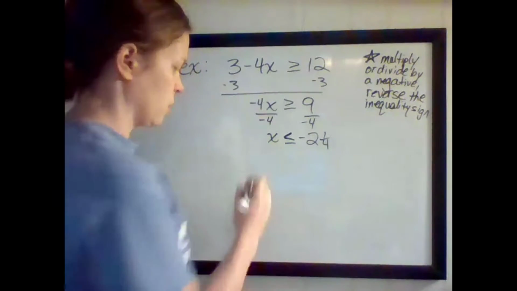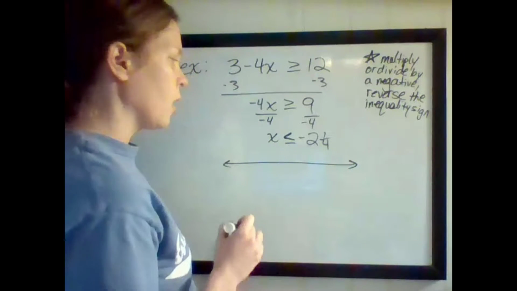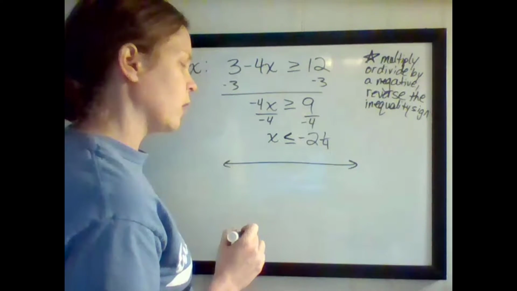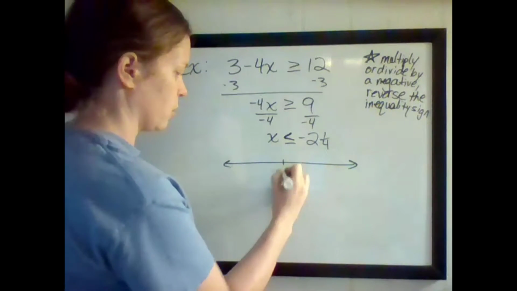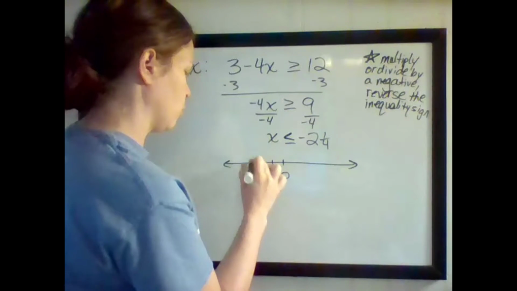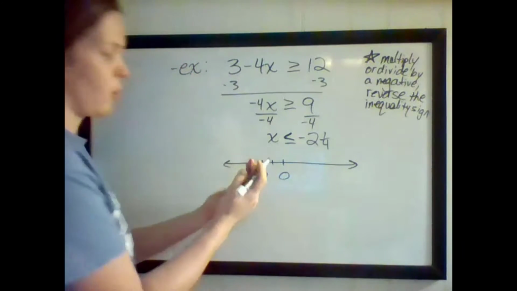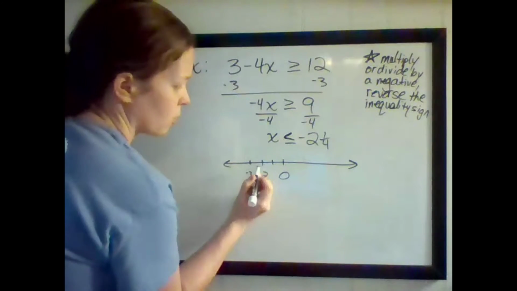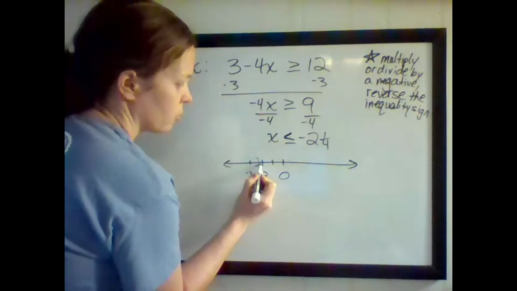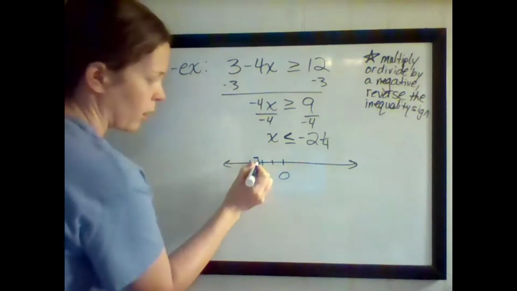Now I'm going to write this on a number line. So x is less than or equal to negative 2 1/4. Let's throw down 0, negative 1, negative 2, negative 3. Less than means I'm going to go this way, just a little bit past negative 2. I'm going to use a bracket